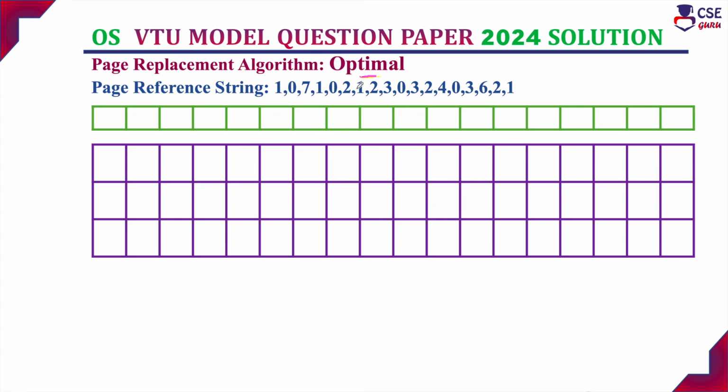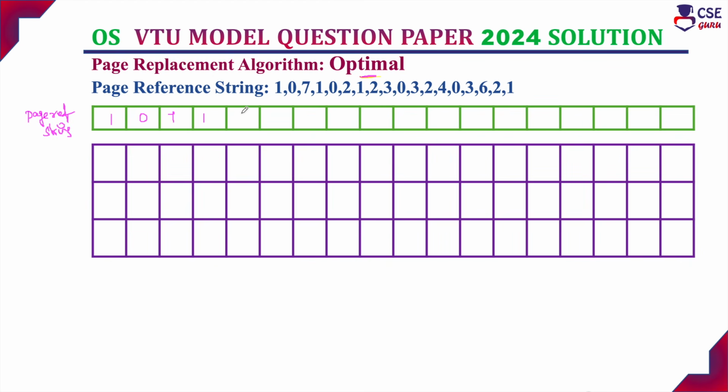In the sense, the victim page you need to select to replace is nothing but replace the page which is not used for the longest period. That is, here you need to reference the future string, and based on the future string only you need to select the victim page. Okay, so here they have given the page reference string, and the page reference string is